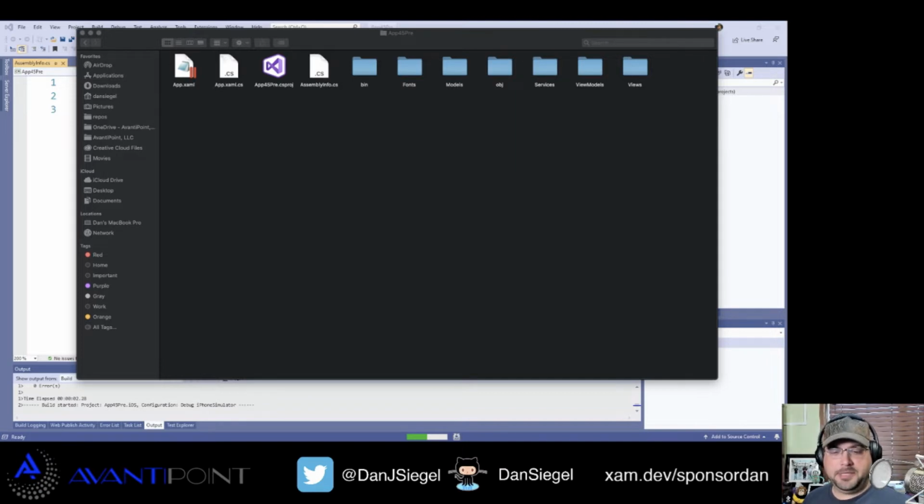So this morning, the Xamarin.Forms team released the 4.5 preview one. There's actually a lot that goes into this, and if you've been following me for a while, you know I normally don't do